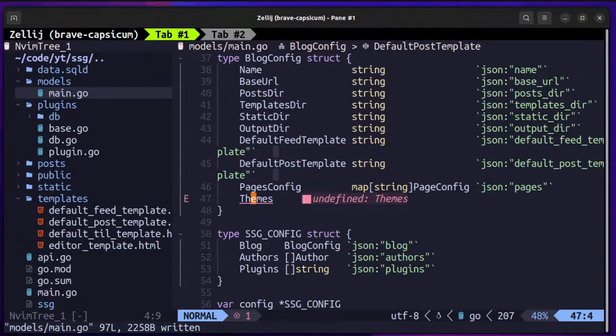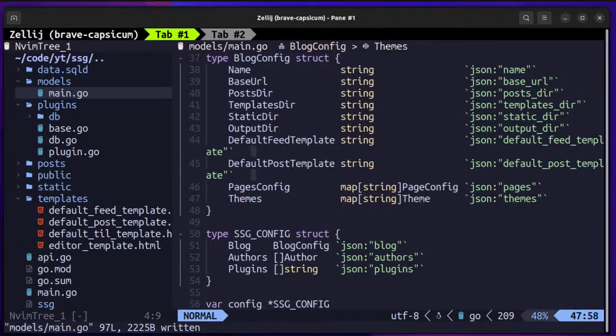Okay, yeah. So it will be a map of string with a theme. So in the string we'll have the name of the theme. It could be default black or sorry dark, and any other themes that the user wants. And yeah, so once we have that,